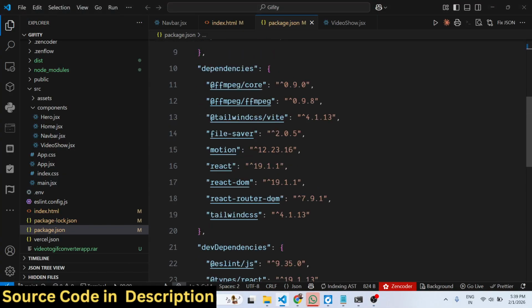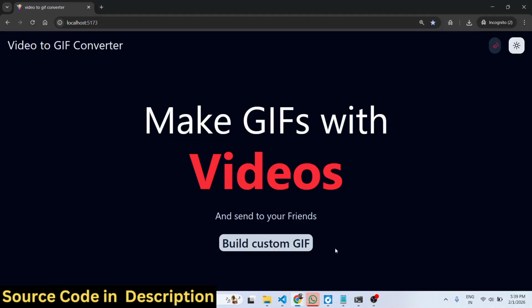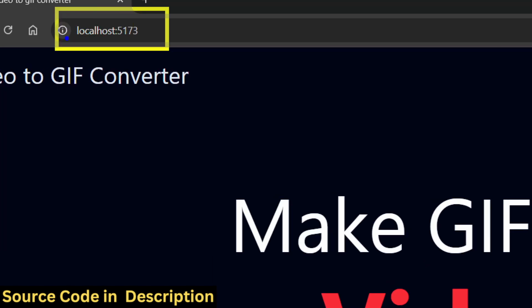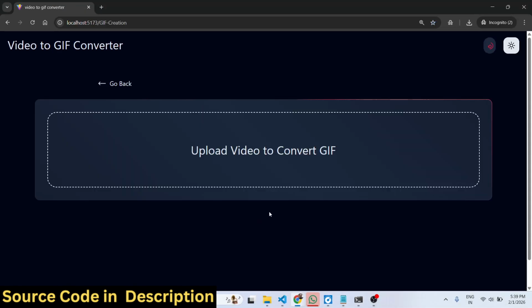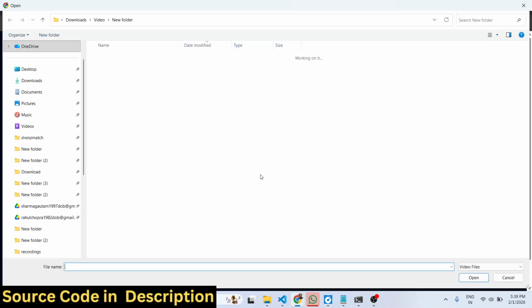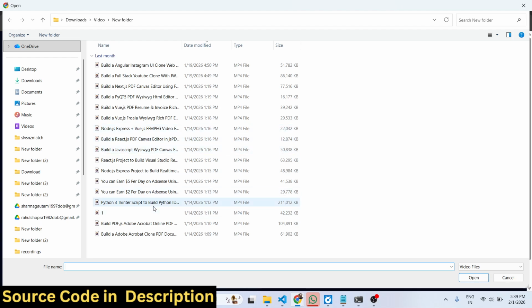So in this video, I'll show you a React video to GIF converter application I built, running in the browser using the FFMPEG WebAssembly library. We are running this application directly in the browser. The interface looks quite simple. You come to the interface, select your video file, whatever video file,